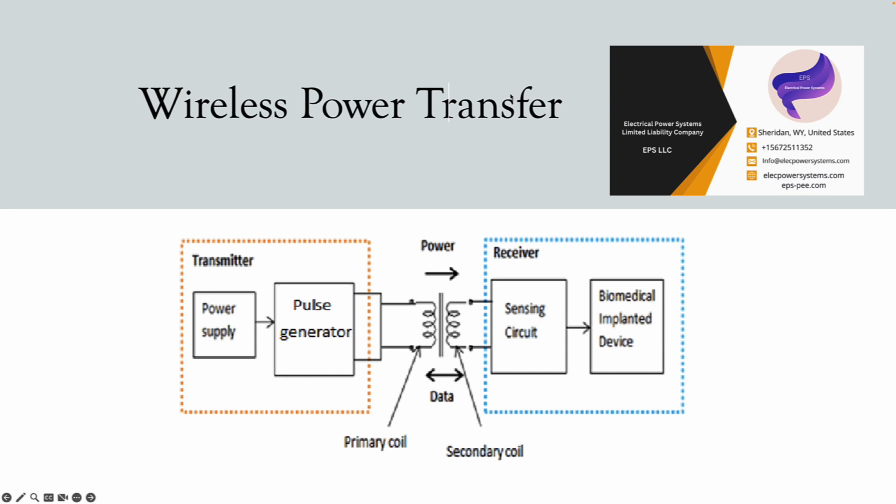When an alternating current flows through a coil of wire, it creates a magnetic field around the coil. If another coil of wire is placed nearby, and the magnetic field from the first coil passes over it, an electrical current will be induced in the second coil. This is the basic principle behind transformers, which are used to step up or step down the voltage in electrical power distribution. In wireless power transmission, the two coils are placed in close proximity to each other, and the power